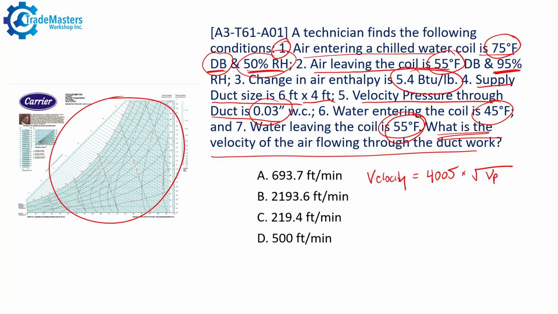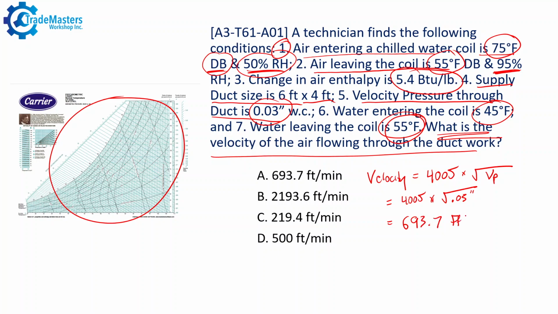So we know the velocity pressure. We're given that in the question. And we know 4,005. So this is a very simple calculation. Let's bring it down here. We're going to have 4,005 times the square root of 0.03 inches of water column. Okay. And as it turns out, that equals